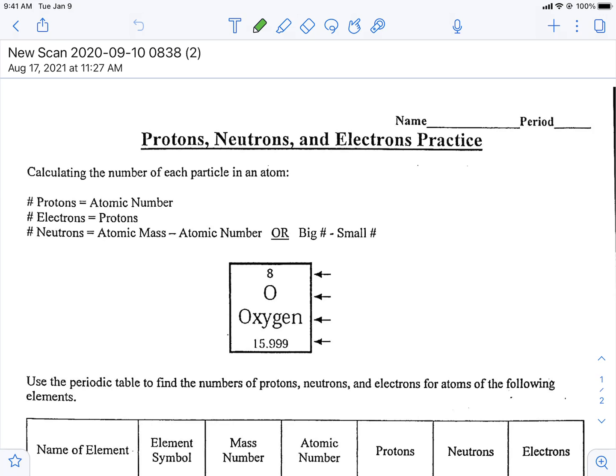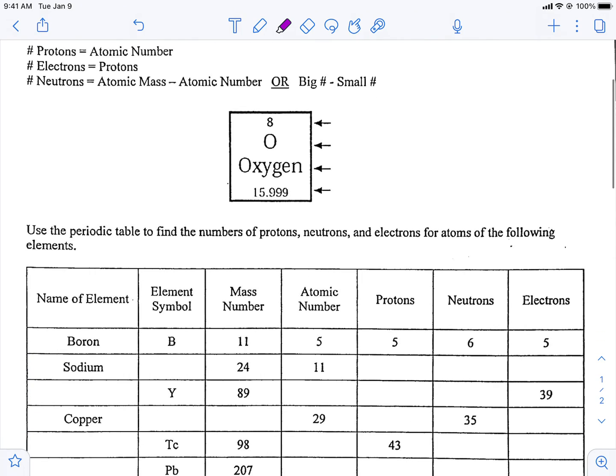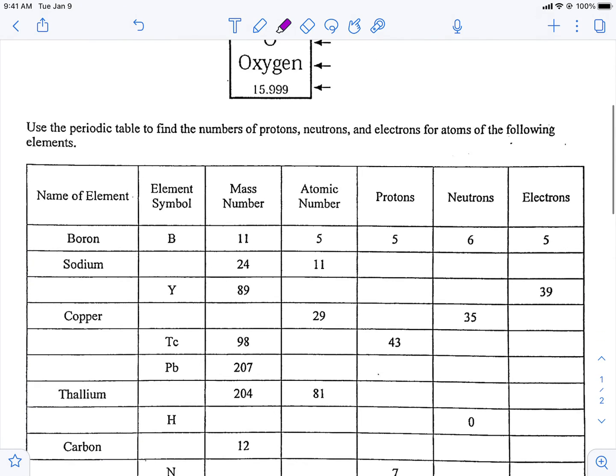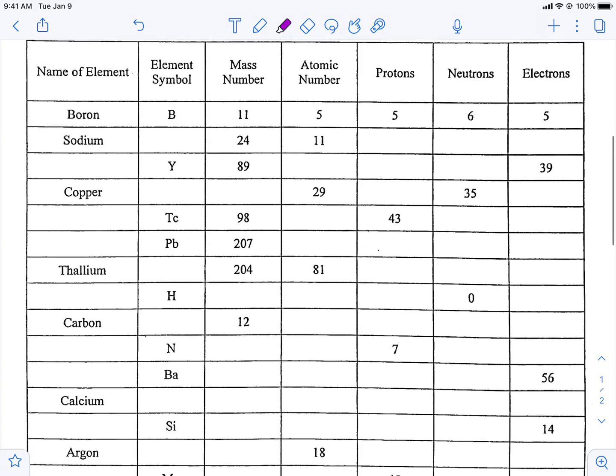It's taken me a bit to get this video up, but we're going to go over how we calculate the protons, the neutrons, and the electrons of an atom. So a quick recap, an atom is any cluster of these three things: protons, neutrons, and electrons. And what we're doing in this exercise is keeping track of how many of each of these particles we're going